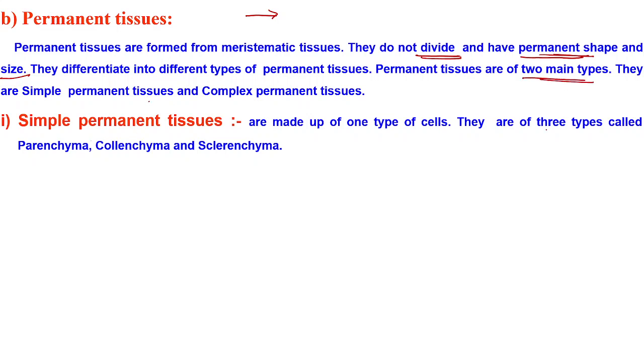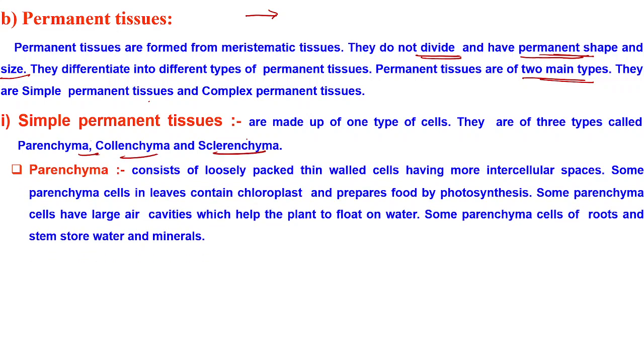Now see what comes under simple. They are parenchyma, collenchyma and sclerenchyma. Parenchyma consists of loosely packed, thin-walled cells having more intercellular spaces. Thus, there are large spaces found between the cells. The tissue generally stores food. In some situations, it can contain chlorophyll and perform photosynthesis,